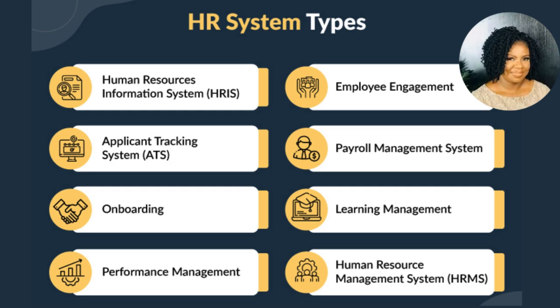So that is when we are now talking about human capital management. It includes everything, both your human resources system and your people, that's human capital. But most software, depending on the size of the organization, what they want,